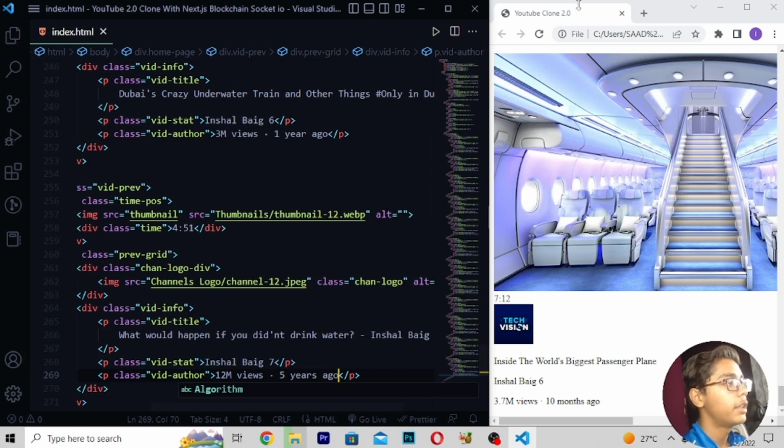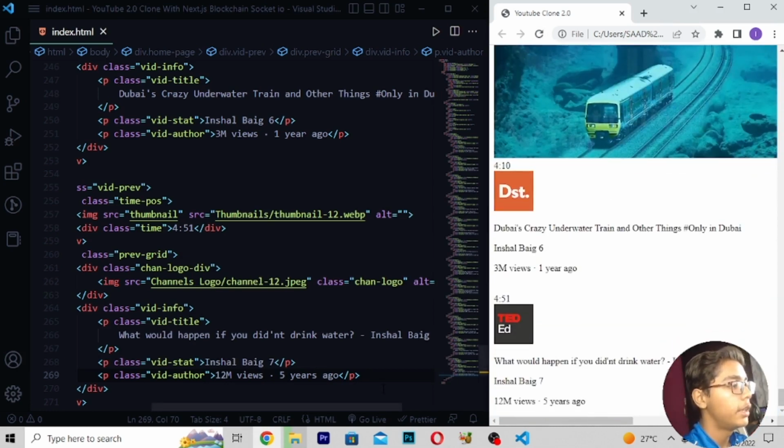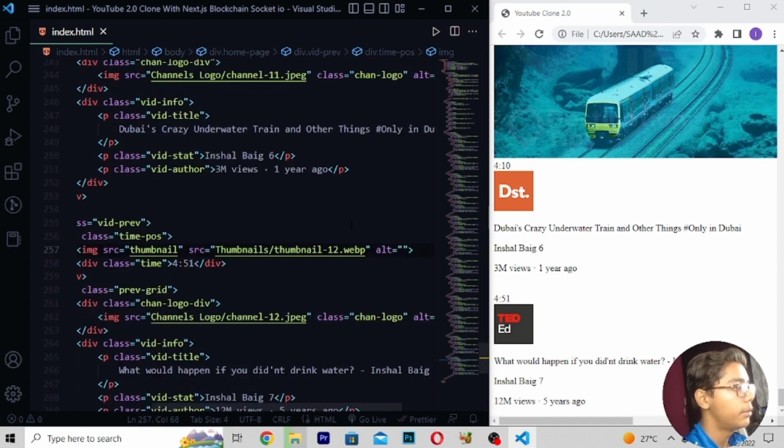Then after saving, here you have to reload. Now if I show you, you can see we are getting all this stuff here. Then when you are getting this, here we have to do one thing, like you can see we are getting all these things, but here we are only getting the logo, here we are not getting the thing like at the top we want. So here we are not getting, like you can see, the thumbnail of our web.